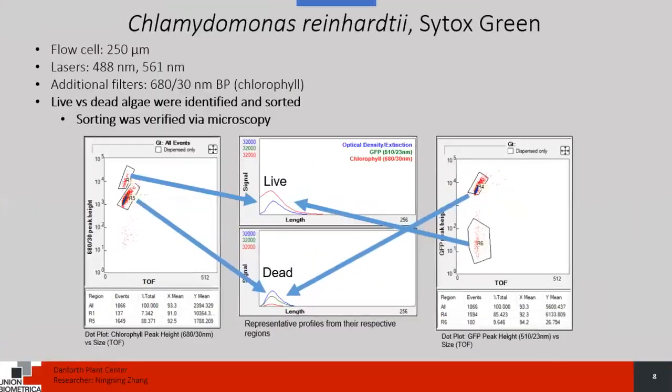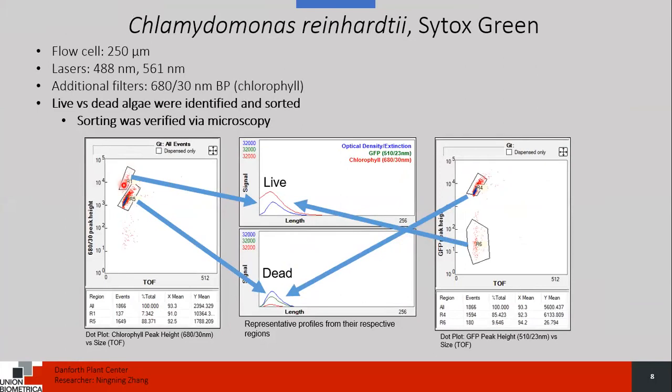And as expected, these were alive, these were dead, and you can sort on this region. You can use this as a sorting region, or you could use this as a sorting region. And similarly, this or this is a sorting region. So that's kind of an explanation of what these look like and what you're looking at. And you're going to see in upcoming slides more of these dot plots and profiles, and that will help you